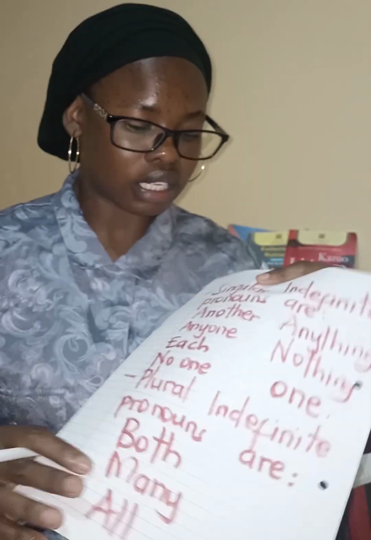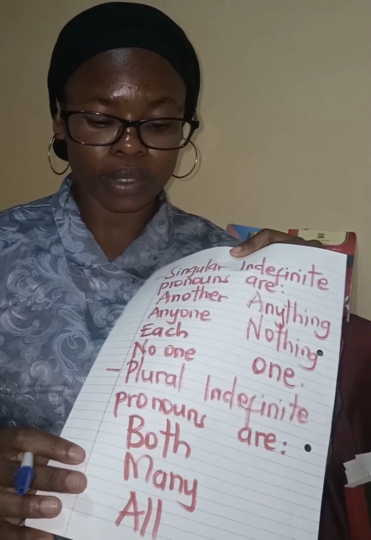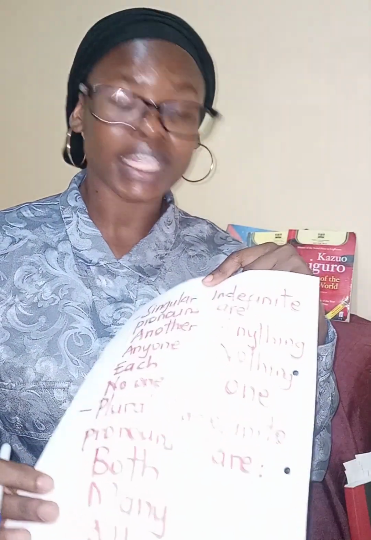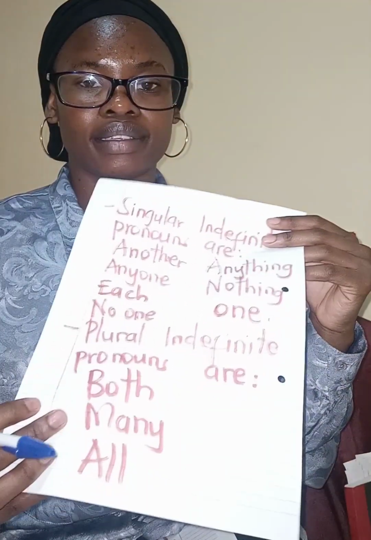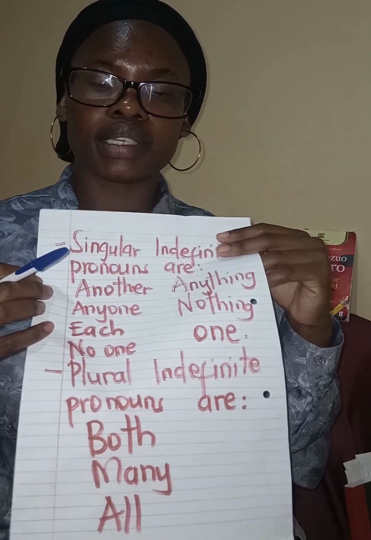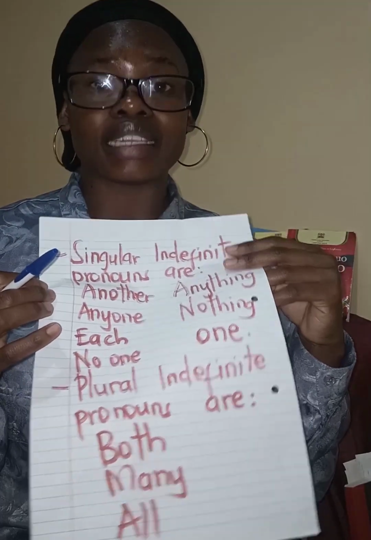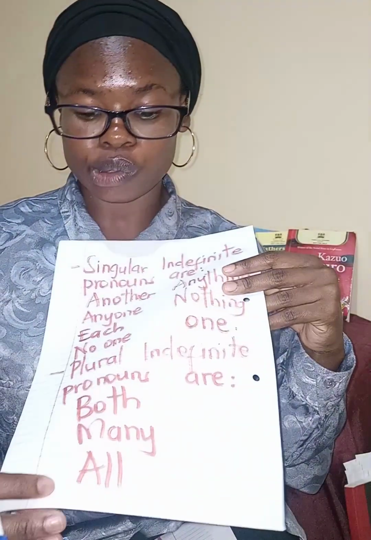Here I have indefinite pronouns that are singular, that take the singular form, and those that are plural. Some of them include another, anyone, each, no one, anything, nothing, one. These are singular indefinite pronouns, but we also have plural indefinite pronouns, and those are both,